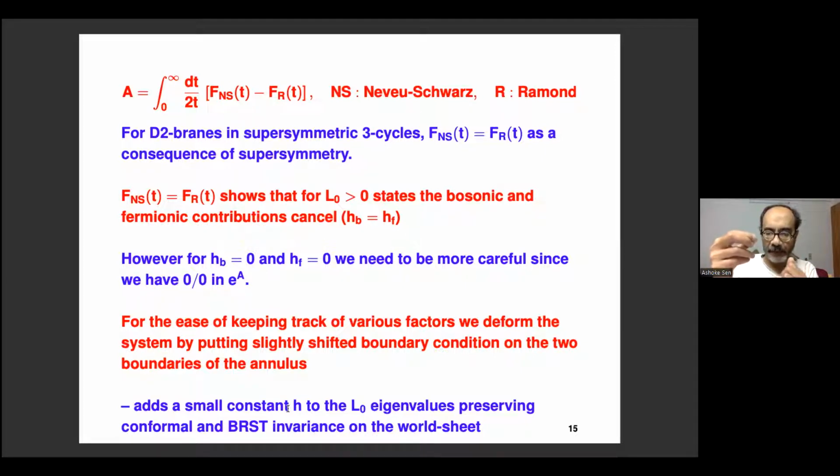Yeah, that's what I'm doing. Okay. So then I'm not sure, it doesn't seem to affect the ghost sector. So that's confusing. Yeah, it will affect the ghost sector because all the oscillators are acting on a ground state, right? Yeah. Okay. So the ground state energy has gotten shifted by H. So oscillators are identical. Okay. I see.